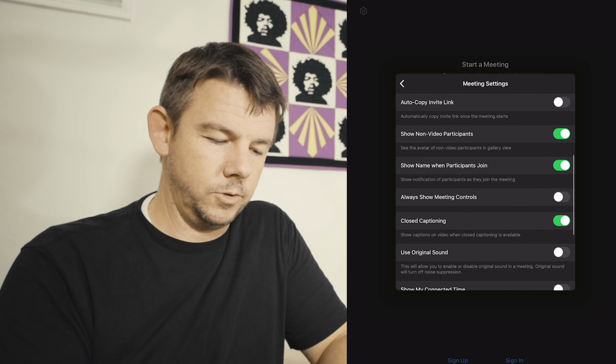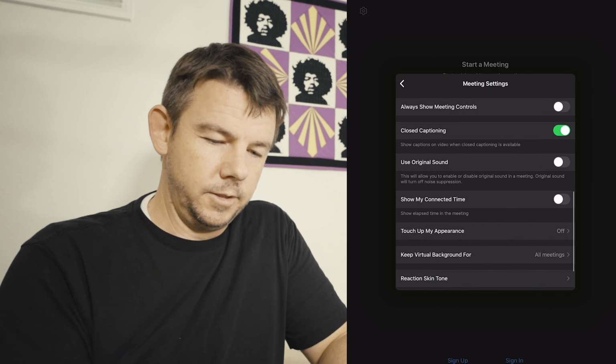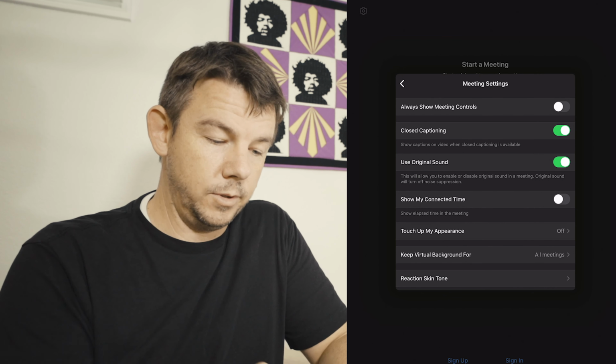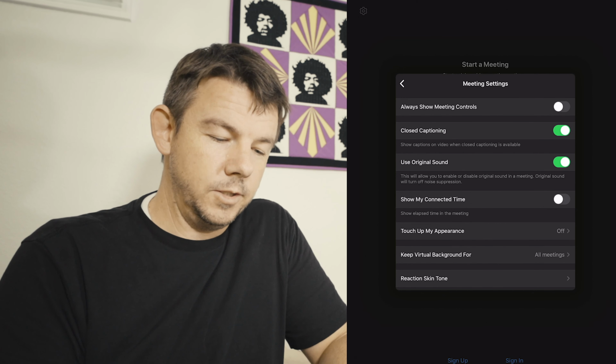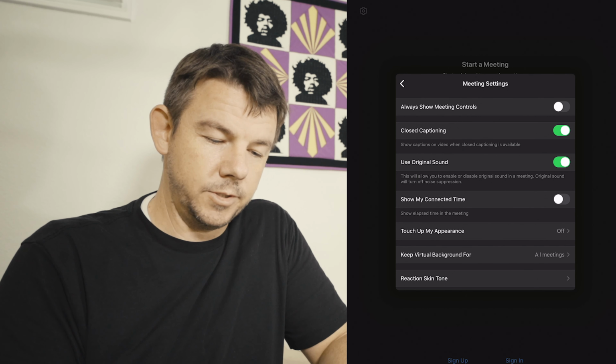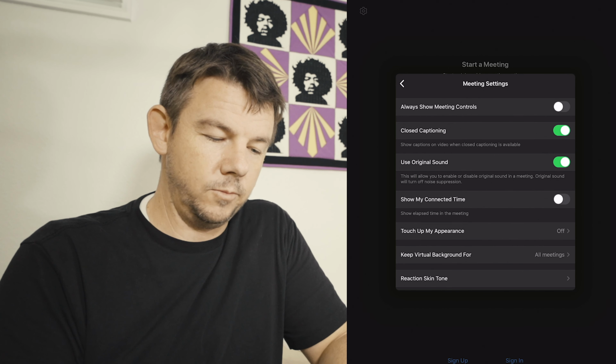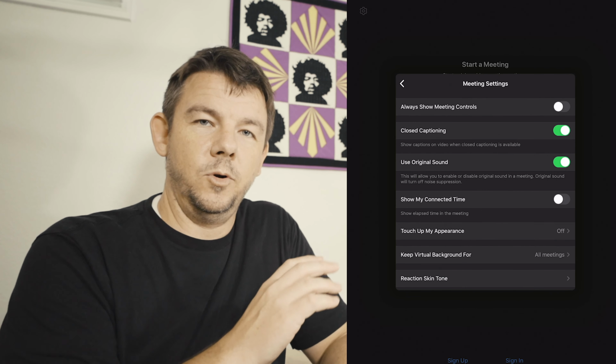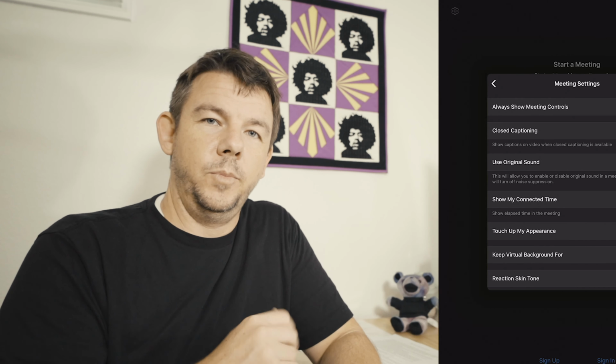Then you're going to want to scroll down and click this little button that says use original sound. If you read right below that, it says this will allow you to enable or disable original sound in a meeting. Original sound will turn off noise suppression. Noise suppression, I'll explain a little bit more about in just a minute, but it really makes it hard for me to hear instruments. Once you have these settings done, you're good to go with the digital device. But now let's take a look at what it looks like